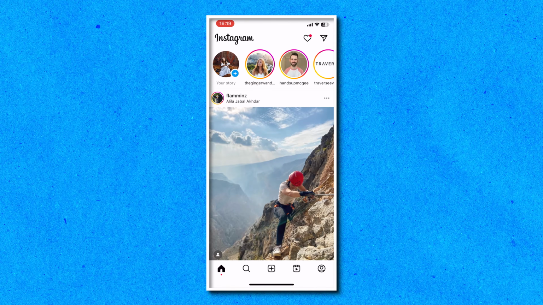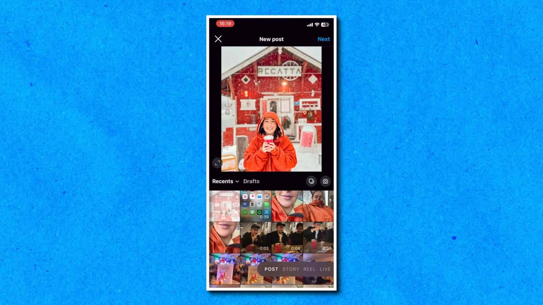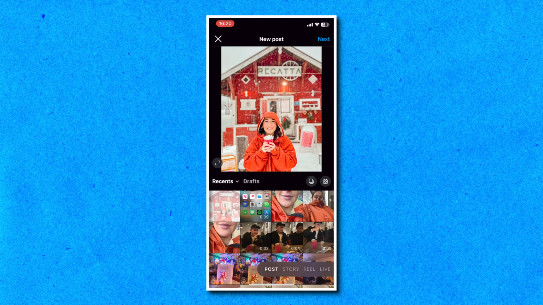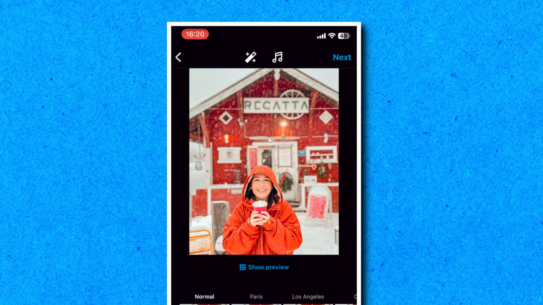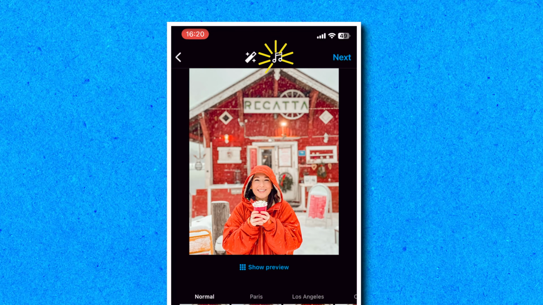Let's open up Instagram and then you're going to hit the plus sign down the bottom. Then you're going to select one or multiple photos to add to your post and hit next in the top right hand corner. Now at the top of the screen here you'll see a music note, you can hit that